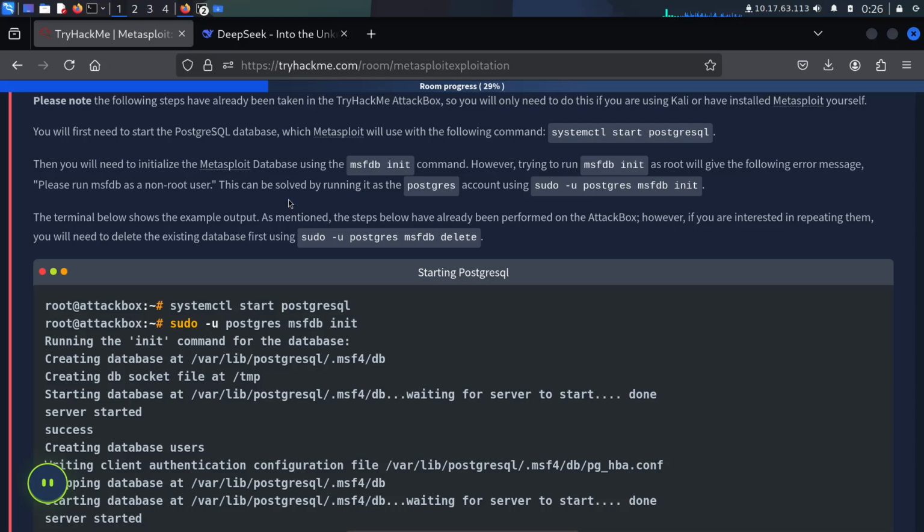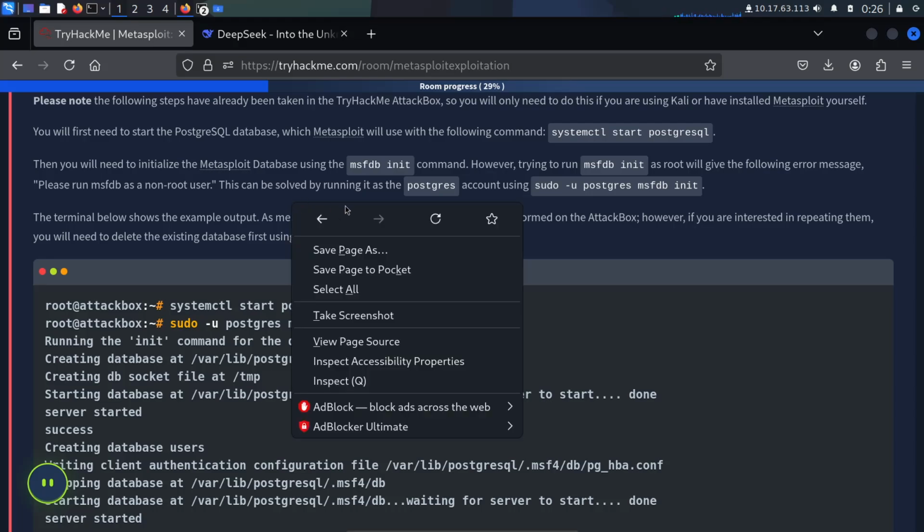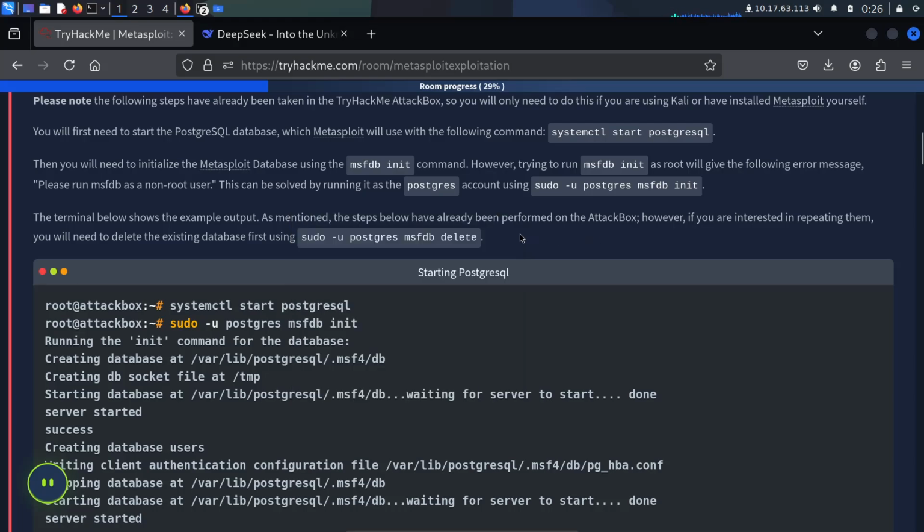This can be solved by running it as the postgres account using sudo -u postgres msfdb init. The terminal below shows the example output. If the steps below have already been performed and you are interested in repeating them, you will need to delete existing instances first using sudo -u postgres msfdb delete.